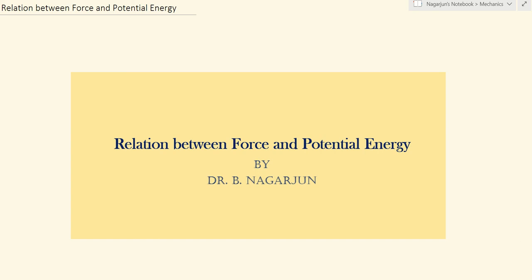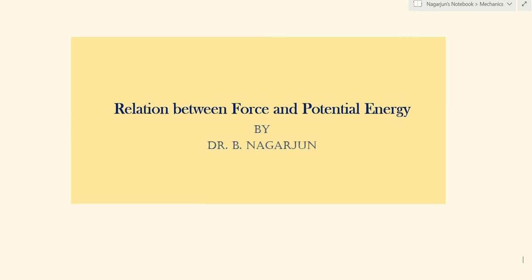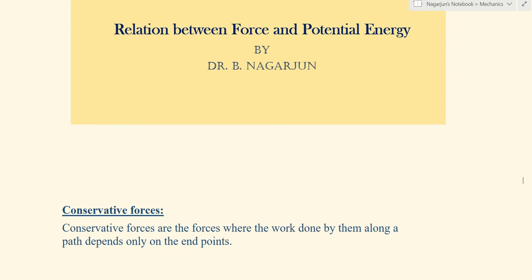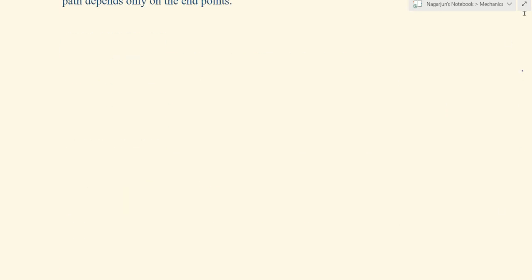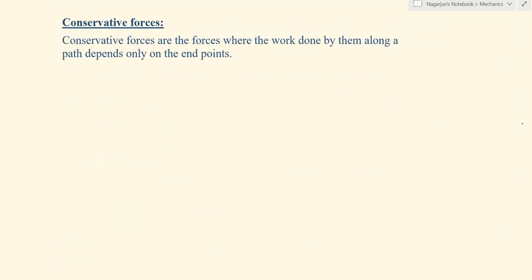In this lecture, I am going to deal with the relation between force and potential energy. First, let us define what a conservative force is. Conservative forces are the forces where the work done by them along a path depends only on the endpoints. It is independent of the path taken by the body. So now, if work is being done between 2 points by a conservative force, that work done can be expressed